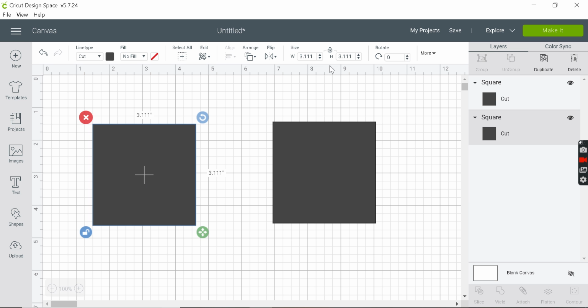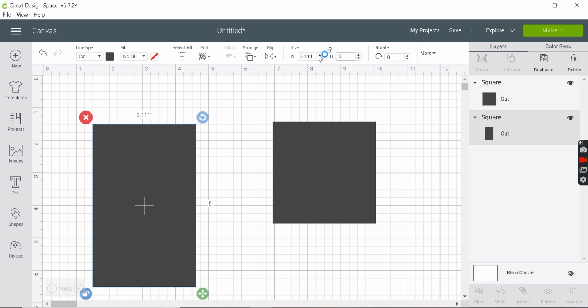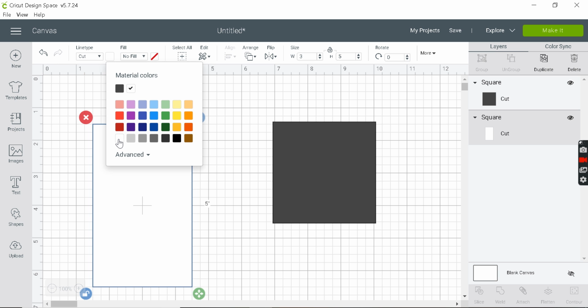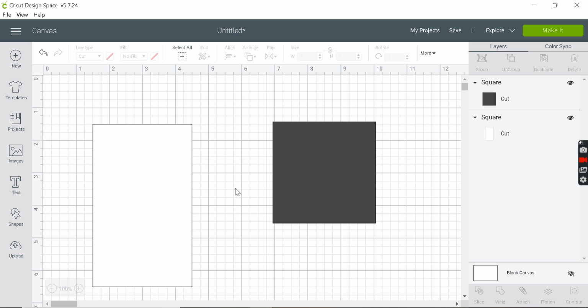So always remember to keep your images separate so you can play with them and adjust their sizes or their angles, or arrange them on your mirror side, etc. Here I'll be making a 3x5 stencil. I always like to work on a white background because it gives me easier access in placing my images than cutting them.